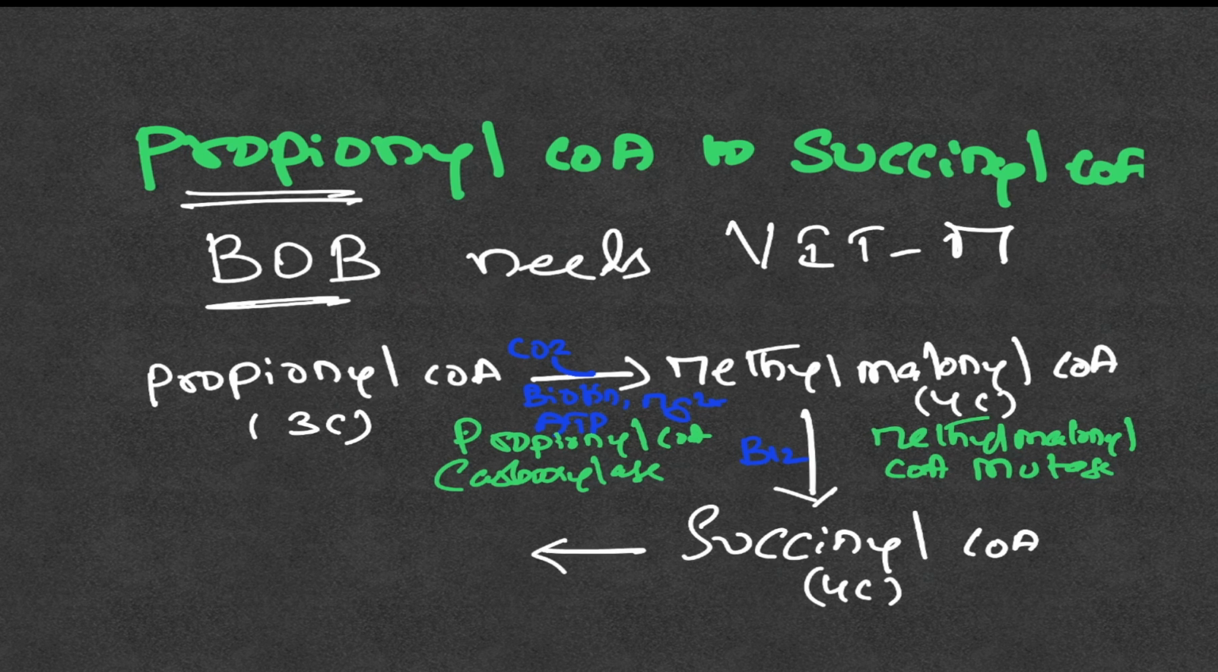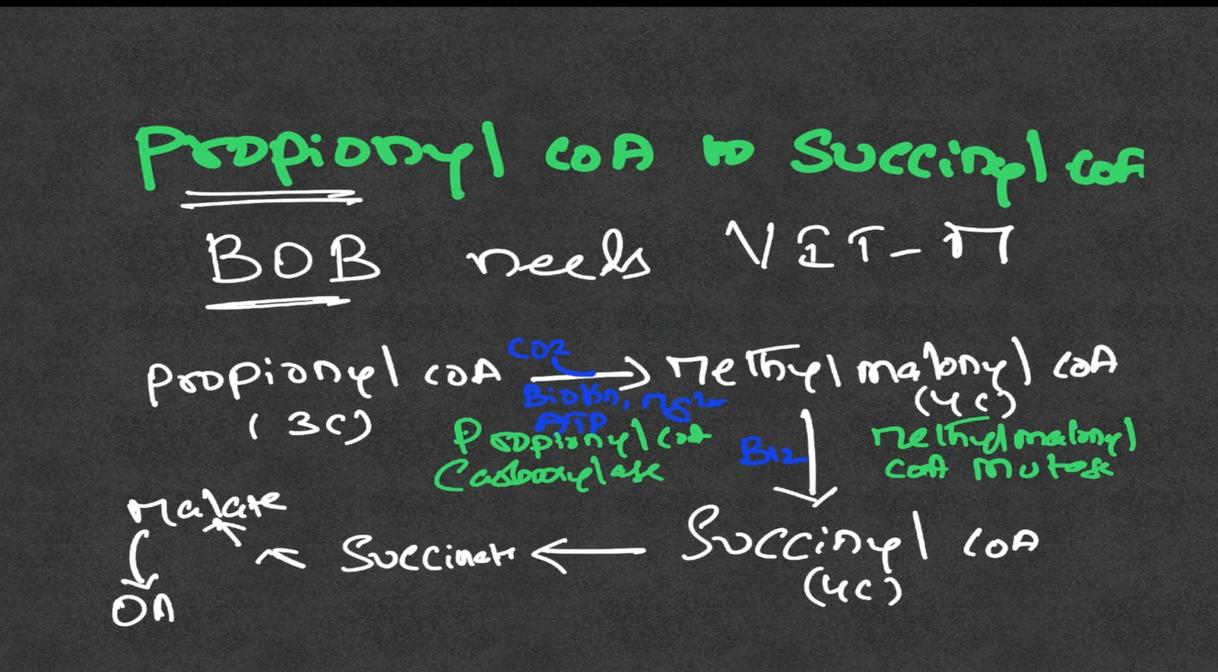Succinyl CoA is converted to succinate, succinate to fumarate, and fumarate to malate. All these reactions are going on in the matrix of mitochondria. The malate can move out of mitochondria into the cytoplasm and become oxaloacetate. Malate goes out of mitochondria into the cytoplasm, is converted to oxaloacetate, and oxaloacetate in the cytoplasm will be converted into